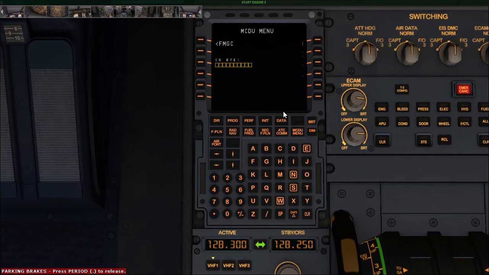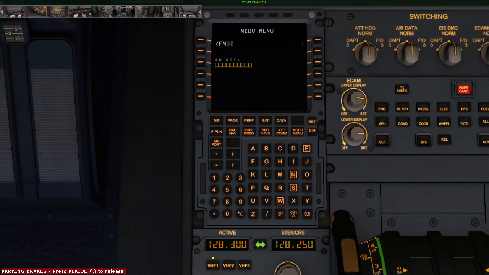So first of all, I have pressed the MCDU menu. You can see I'm already on the MCDU menu page, and here you can see FMGC, which is Flight Management and Guidance Computer. So the MCDU is an interface by which the pilot interacts with the Flight Management Guidance Computer or FMS, flight management systems. Before starting the MCDU procedures or pages, I'm going to tell you 1 or 2 key points.